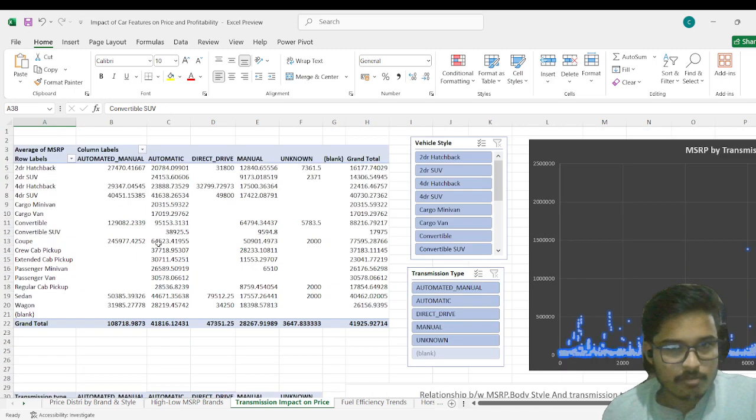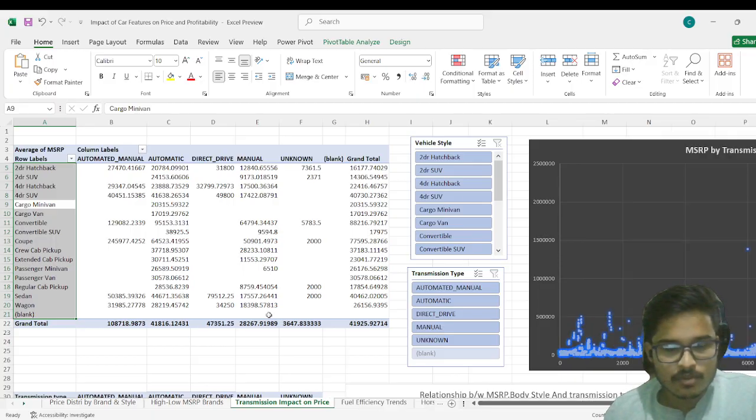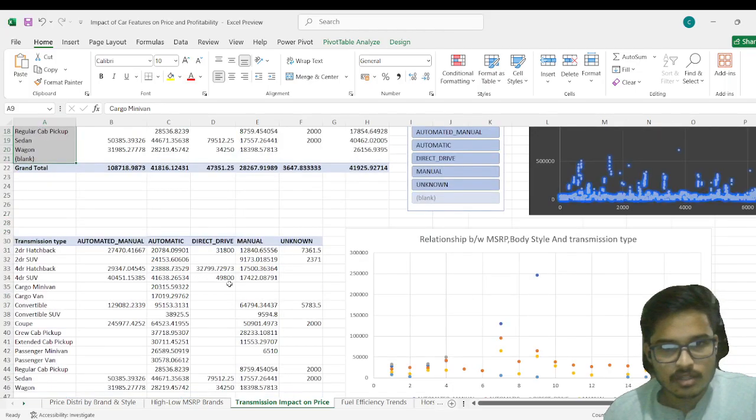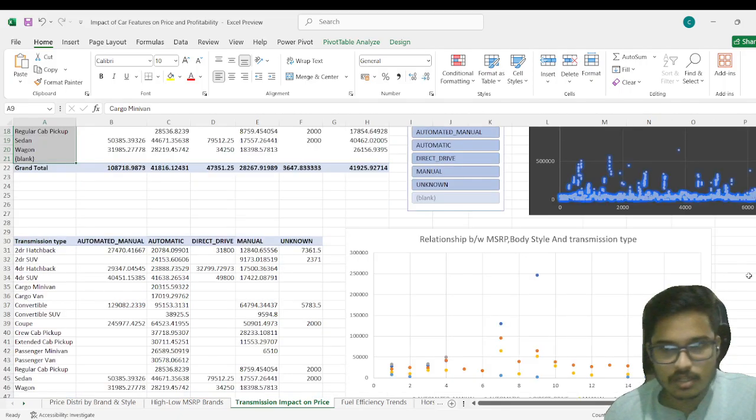So in our pivot table we have drag and drop. When we fill this here, the vehicle styles and in our columns we drag and drop the transmission type, and then use an average of MSRPs, right? And you can see that the scatter chart cannot be created from the pivot table. So for any chart from a pivot table, we have to copy all these columns